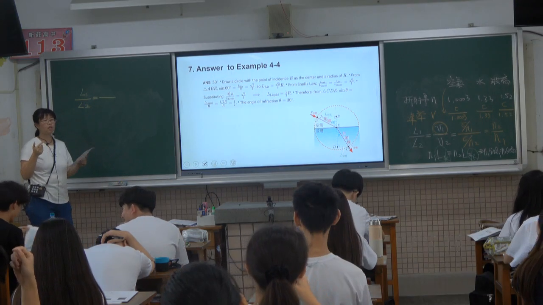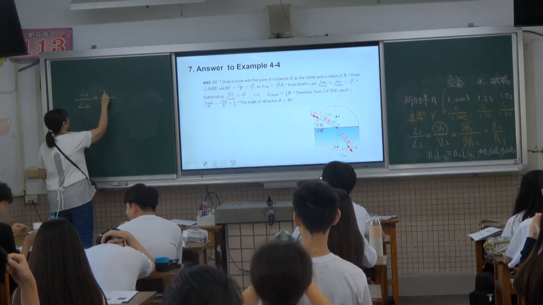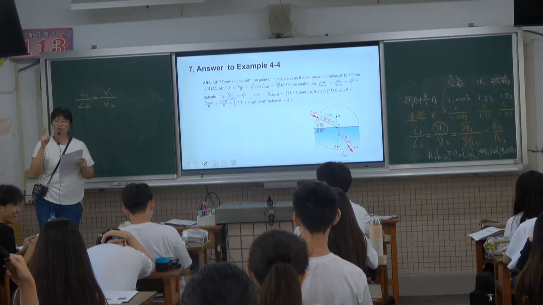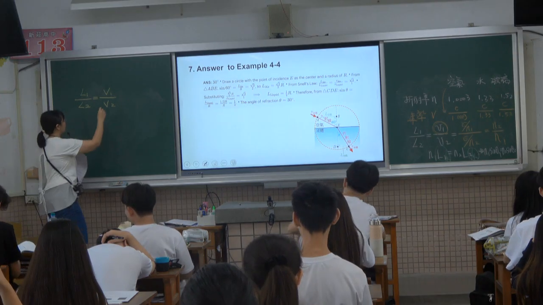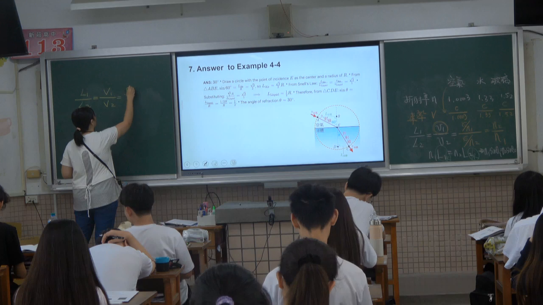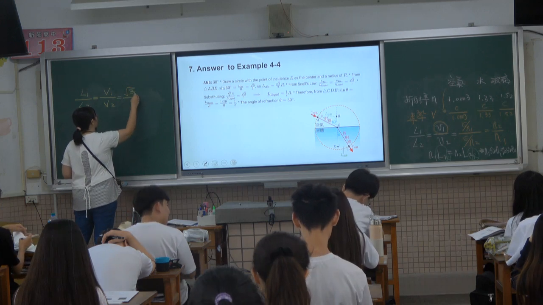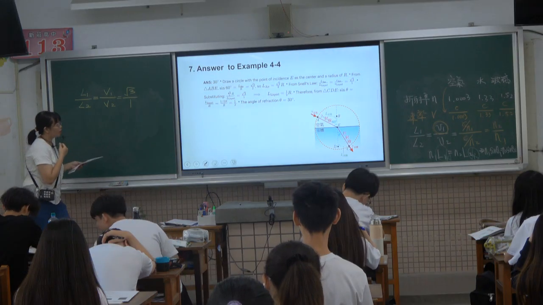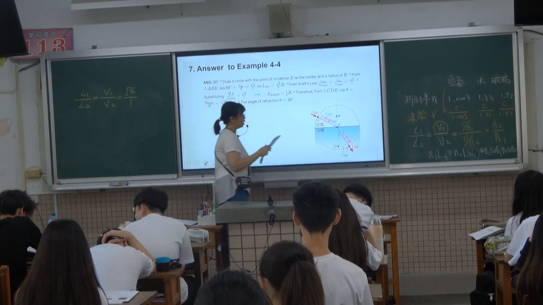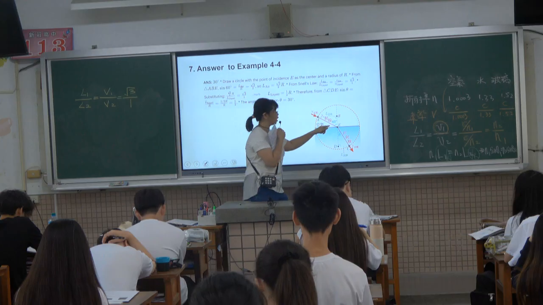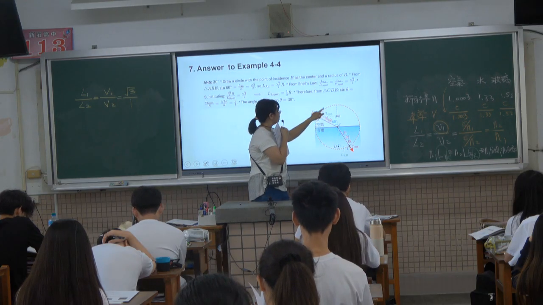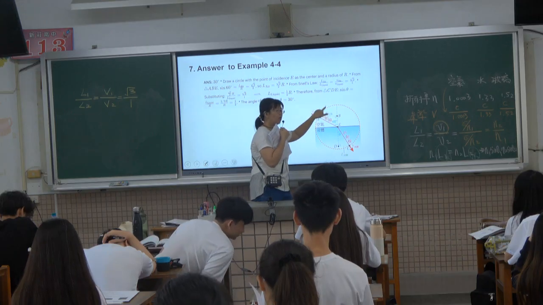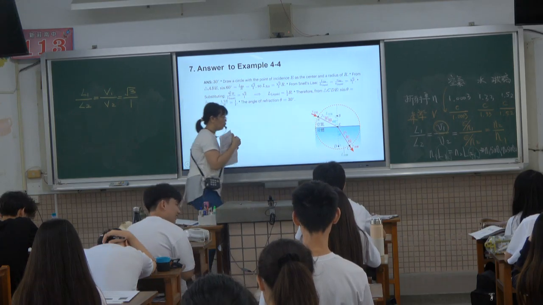From the first keyword, this is the square root 3 to 1. So from the second keyword, 60 degrees, you can write down the L1. What is the L1? L1 is